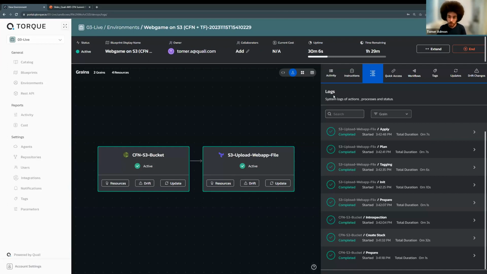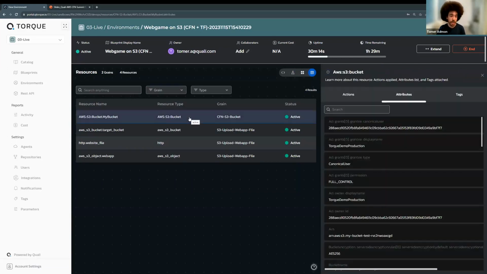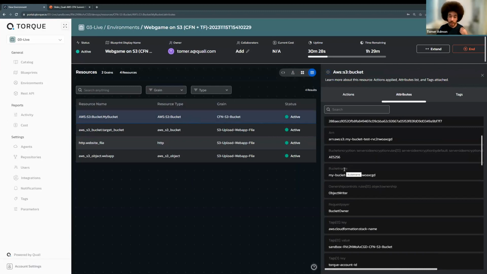Now, after the deployment, Torque will also provide visibility to all the resources that were created. So here's something that was created out of a CloudFormation orchestration. And you can see, by the way, all the different information about that deployment. So this S3 bucket has all of these ACL configuration, ARN, here's a bucket name. And honestly, as a user, I don't really need access to the cloud to get that. So the guys that are experts in the cloud can really focus on that, while the consumers can really focus on using an extremely easy to use self-service and getting the information without cloud access.